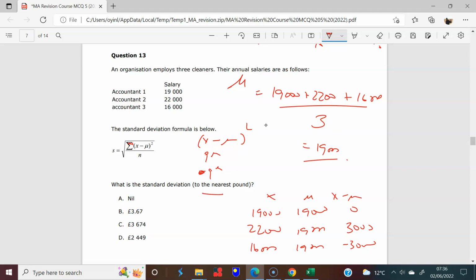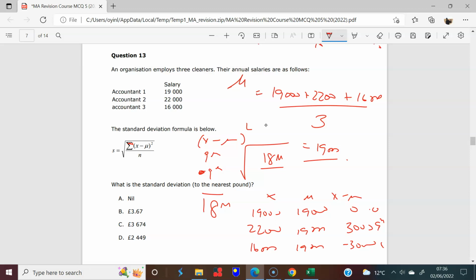You have 0 here, of course. So you had 0, 9 million, 9 million. Add that all together, you have 18 million. And so what we can now plug into the formula is the square root of 18 million over